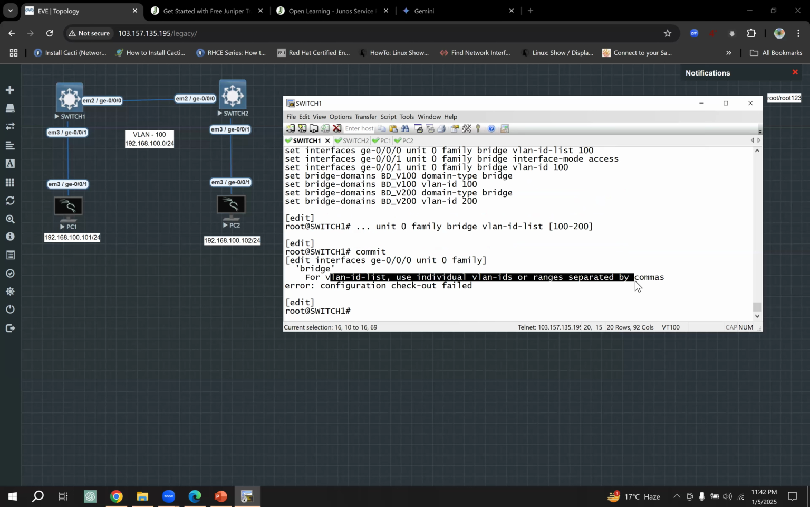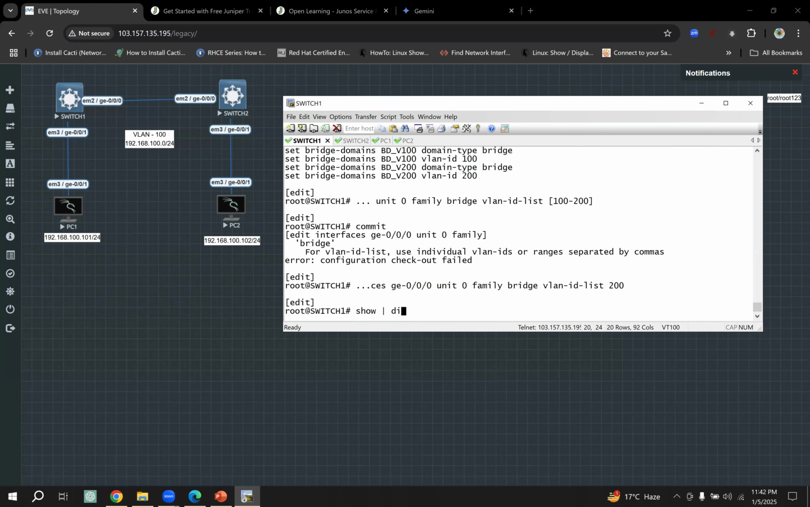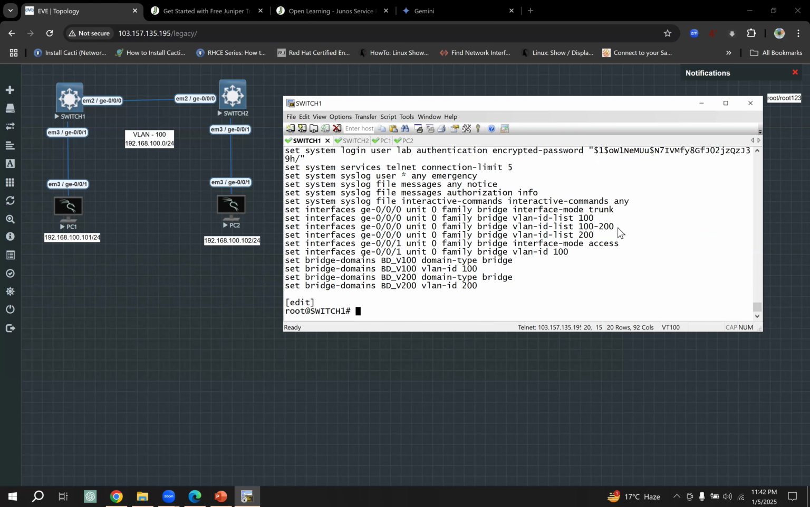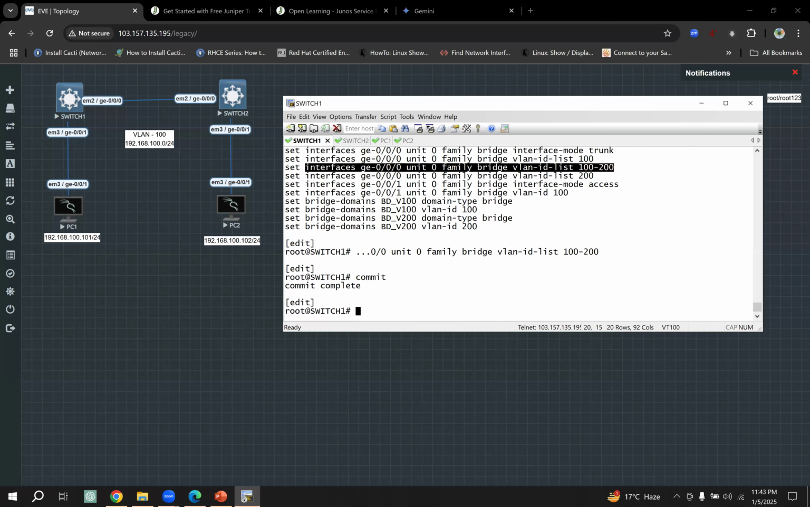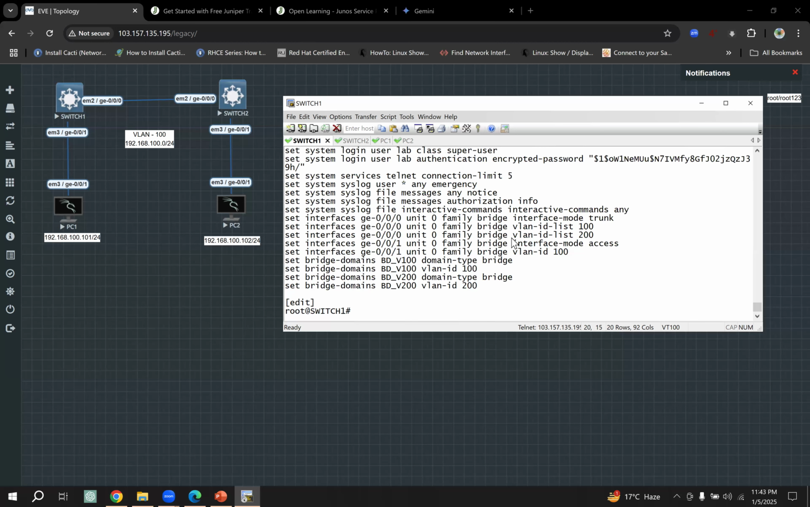Individual VLAN IDs, ranges separated by commas. That means if I add 200 and display set that, after this we need to add a comma. Okay, I remove this one and commit. Yes, it's working. Display set. VLAN ID list 100 200. So if I make it like this,